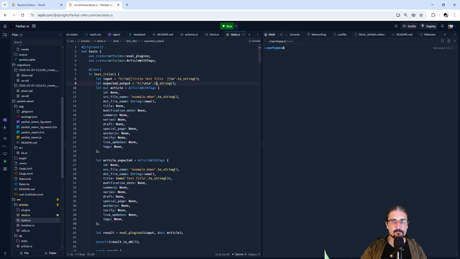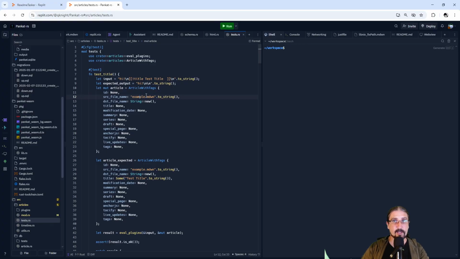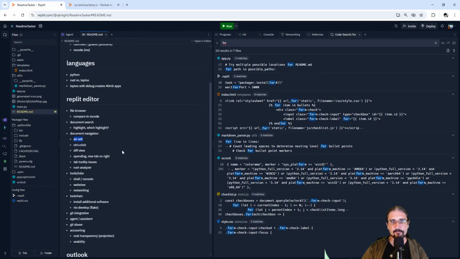I don't know. Maybe I have to reload the web browser, but consider I do a control left click, then it would take me to implementation. That could be a library, that could be my own code, or like a crate from crates.io. And usually in other editors, you would use Alt and then left to go back to the previous section. But in Replit, there's just no visual controls for that. I think the editor has support for it. So far, I didn't find it. And that's also like a downside you have to live with. So control left click works. Alt left to go back